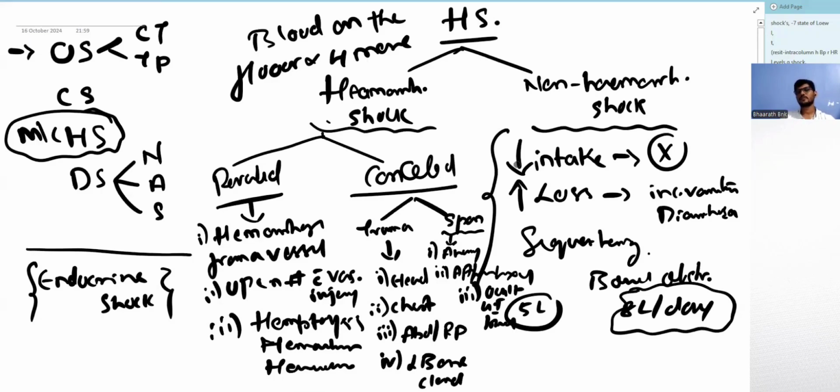So these are all the types of hemorrhagic shock. It can be hypovolemic shock, non-hemorrhagic or hemorrhagic. Non-hemorrhagic is either less intake, more loss, or sequestration outside the blood vessel. Hemorrhagic may be revealed or concealed. Revealed may be from a blood vessel which is cut, or an open fracture, hematemesis, hemoptysis, and hematochezia. Concealed can be traumatic, either in the head, where it is EDH or SDH, or in the chest, or in the abdomen or the retroperitoneum, or a closed long bone fracture, or it can be a spontaneous bleed. So this is one way of classifying a hemorrhagic shock. Right? Is this clear?